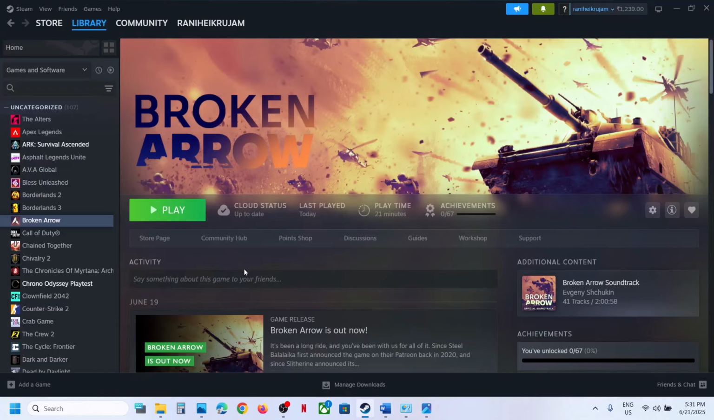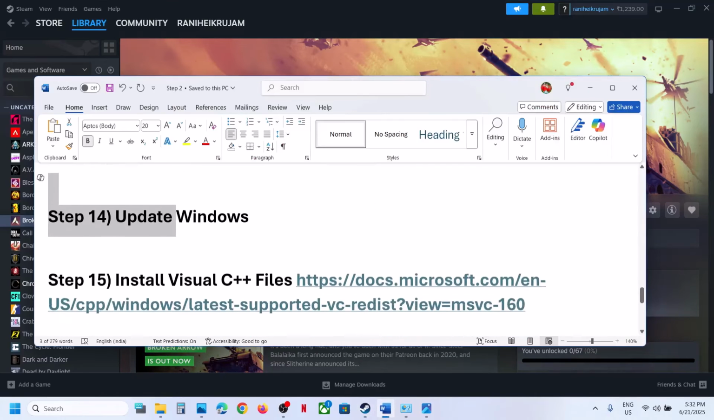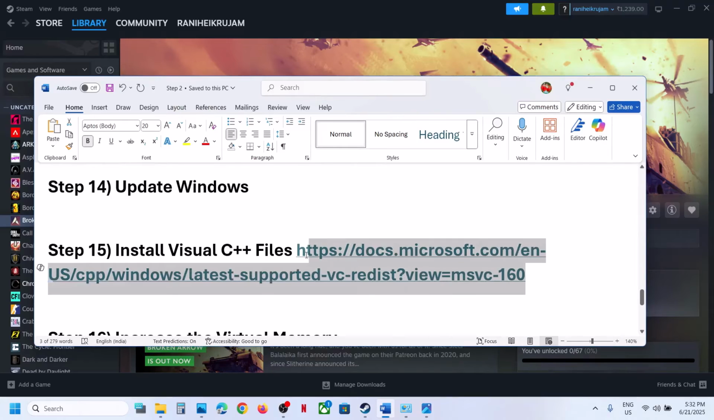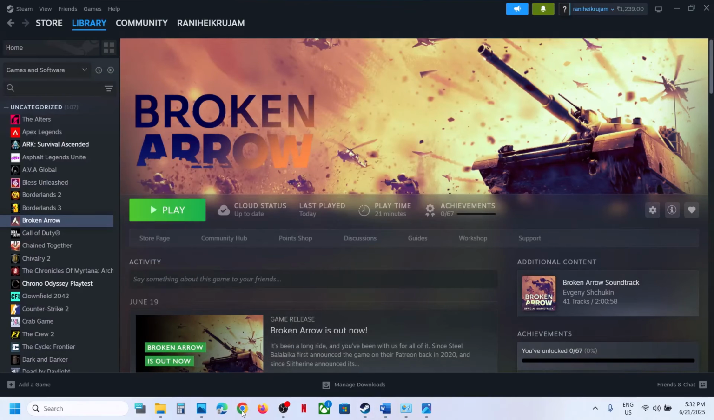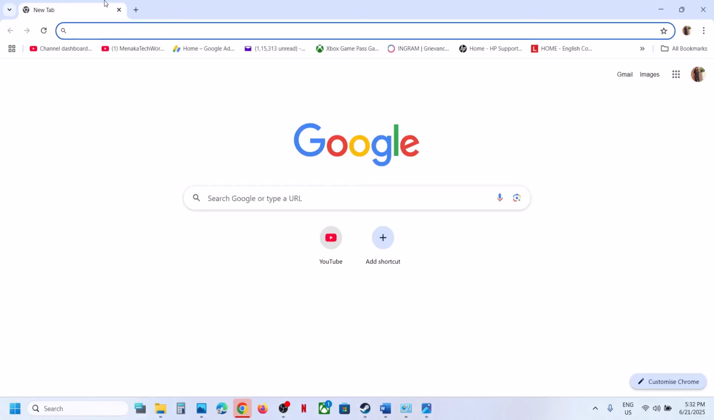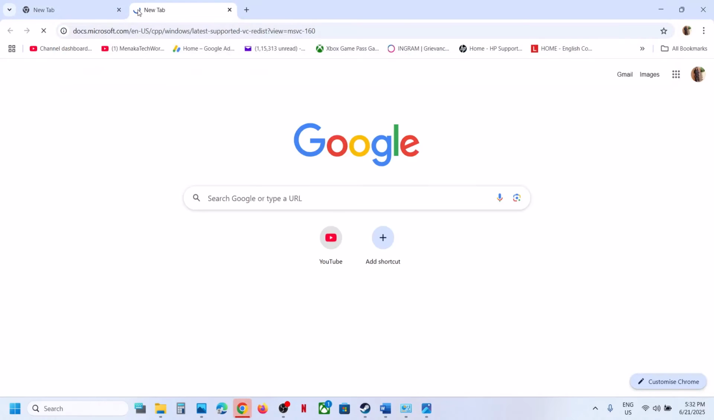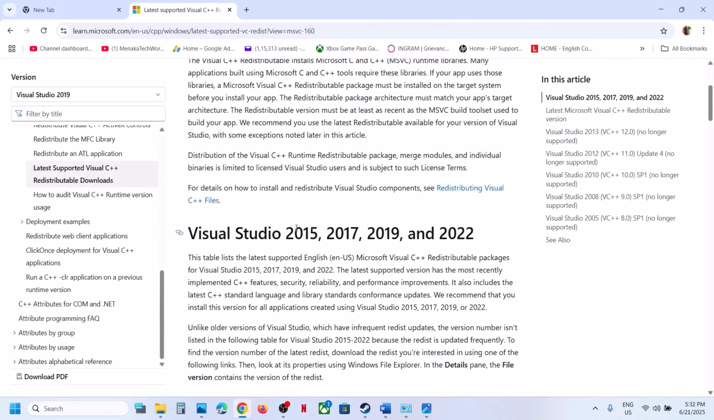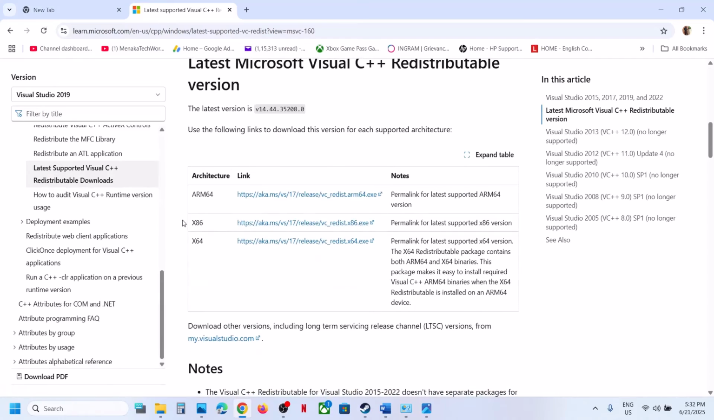Now the next step is to install Visual C++ file. For this, copy this link. The link is provided in the video description. Open this link in a browser. It will take you to the Microsoft website. On this website, install these Visual Studio files. You have to download this x86 and x64 version. So download this x86,